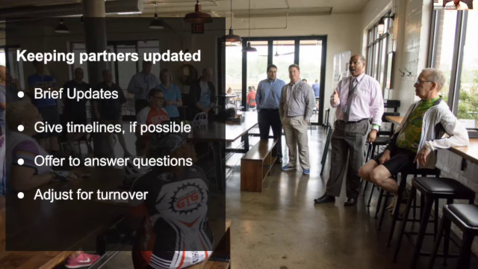Don't write a novel for what can be explained in a few sentences. If no major developments have occurred in a month, say that. But even when there is something happening, try to stick to basic information needed for a partner: timeline and key dates, where the decision is in the process, and a reminder of one or two key actions to take if they haven't done so already. Give timelines if possible.